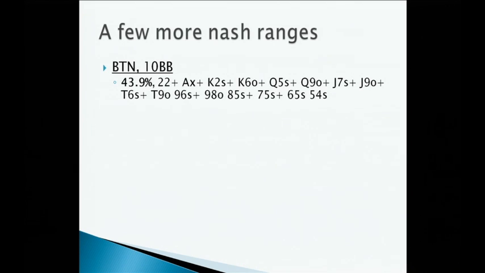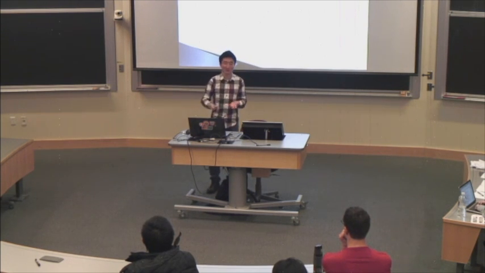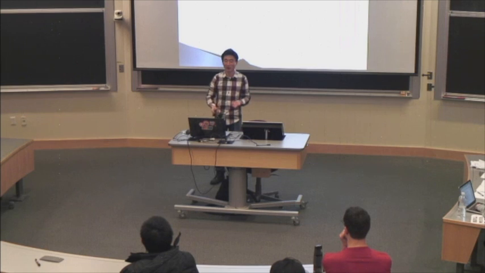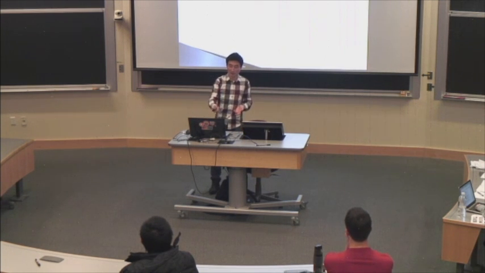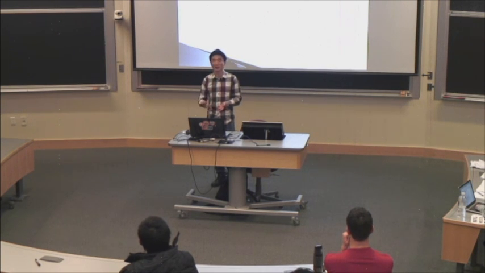Okay, and then what if the number of big blinds goes up or down? Let's say it's 15 big blinds. I guess 15 is sort of too much to go all in with, but let's say it's 12 big blinds. Does someone have a guess what the percentage might be? You just have to get the direction right. Yeah, 40%. That's about right. So the percentage will go down a bit. And what if you only have 5 big blinds? Does someone want to guess the percentage? 60. Yeah, that's about right. So try to get the directions right. If you have a few baseline points and you can get the directions right, that's a very important first step.